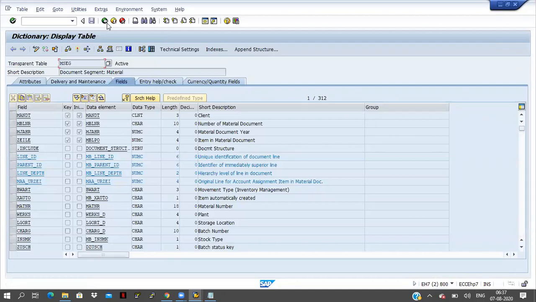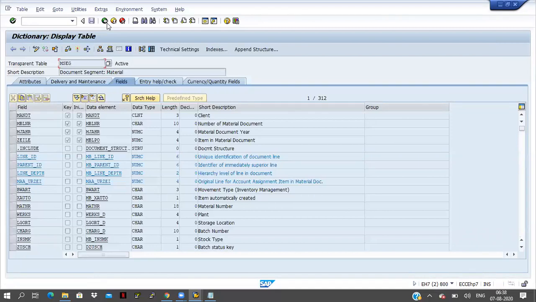Which type of information does it store? For example, you are ordering some raw material, and the vendors send the goods to your company. You have to keep all those raw materials in one godown, and at that time you have to check whether all the materials came or not, or whether there are any damages.